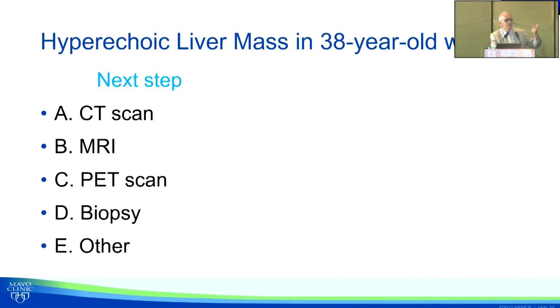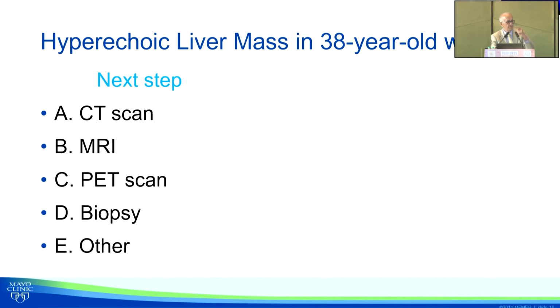Why? If it's hyperechoic, no halo, nothing. Yeah. Why do you want to do a CAT scan? I'm not disagreeing. I want you to know why. Because to confirm a diagnosis of hemangioma, because the patient is anxious, father has HCC. Good. So that certainly means you need a little more proof. And is there a problem with ultrasound for hemangioma in an obese person? That is the question. Yeah, visualization of the mass in obese.